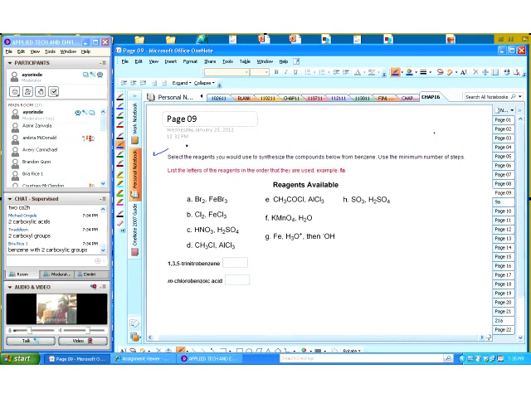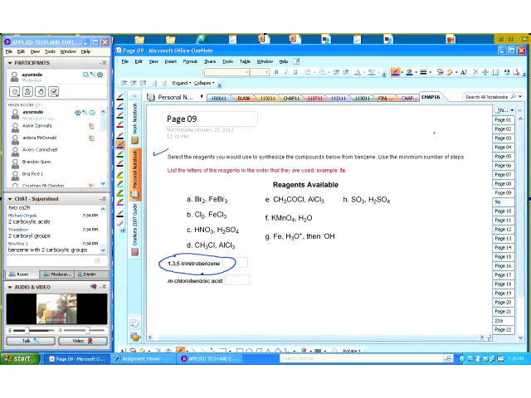Dimitris, go ahead and read this question for us. Select the reagents you would use to synthesize the components below from benzene. Use the minimum number of steps. Okay. What they want us to do here is to select the reagents that we are going to use to synthesize this compound here